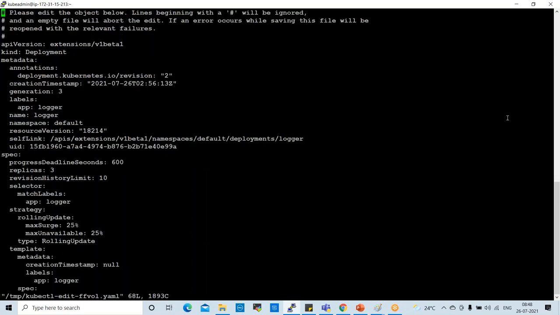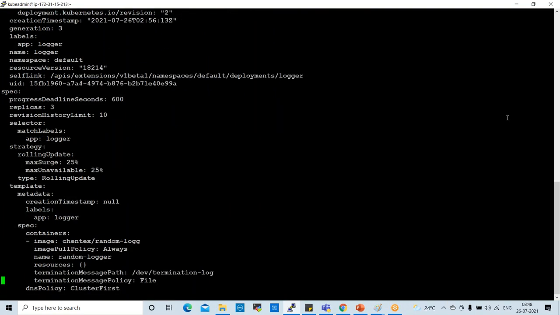Open this, go down here. Simply we can go directly to the deployment and check why the image pull back off is happening. We can check the image first. The image name is changed here.